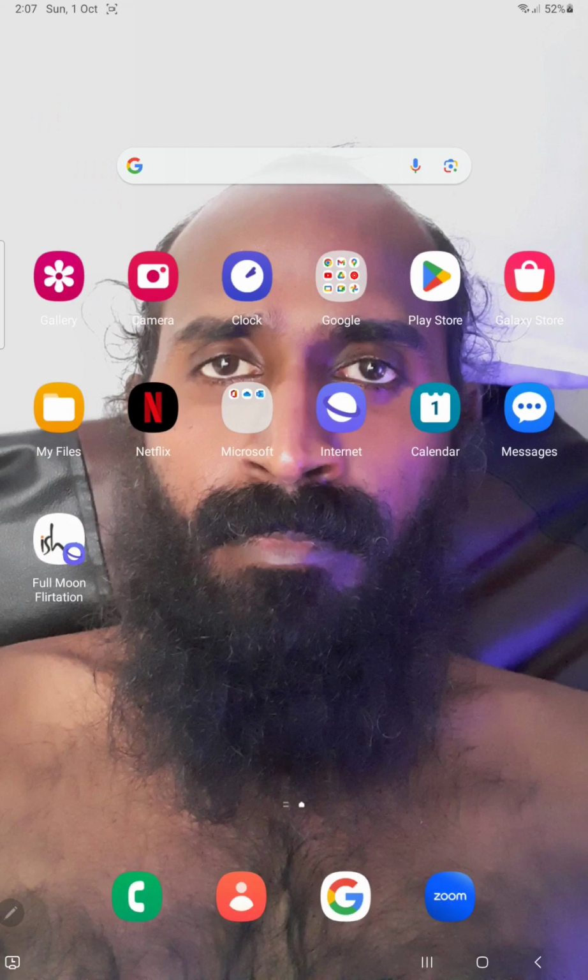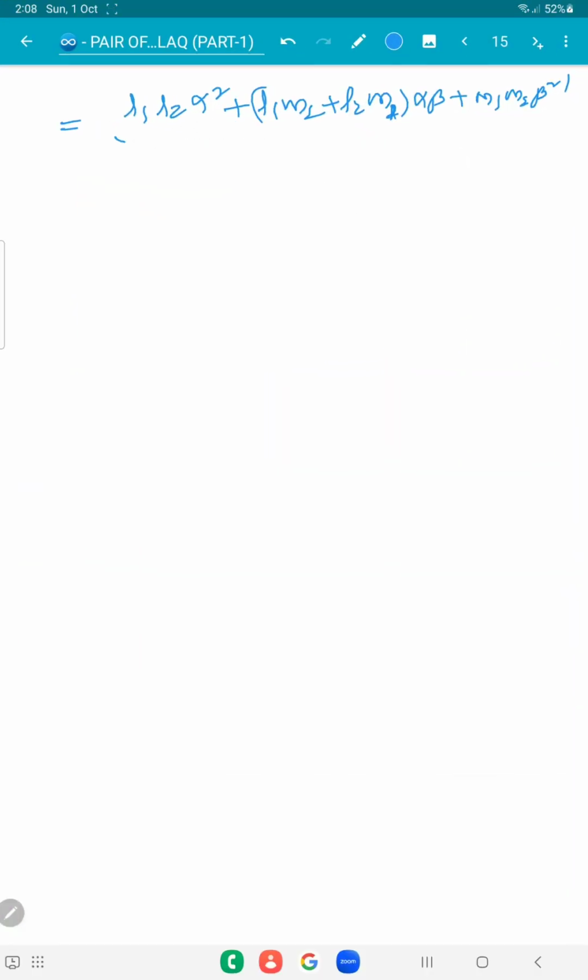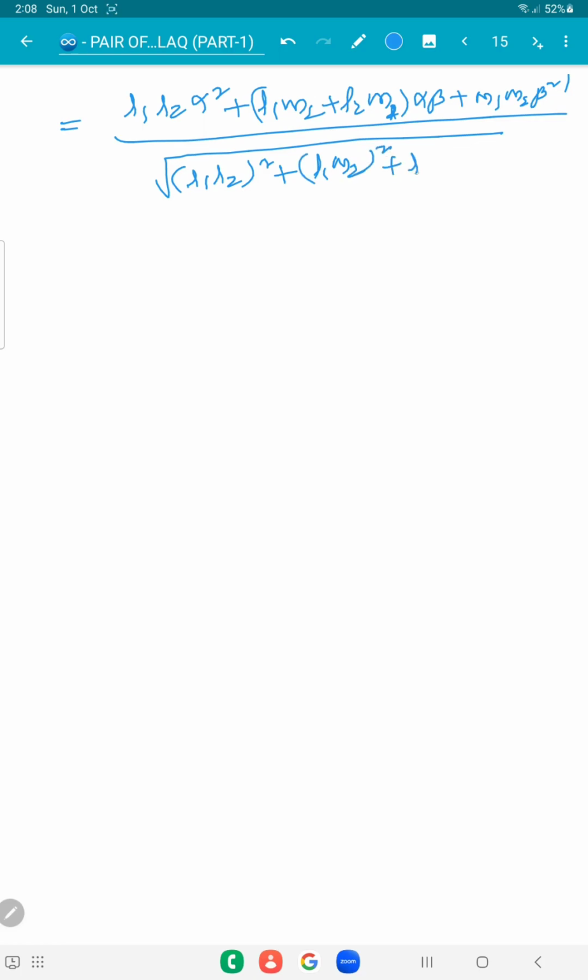The numerator becomes L1 L2 alpha square plus alpha beta term (L1 M2 plus L2 M1) plus M1 M2 beta square, modulus, by root of, writing those two terms under one square root only, multiply also: (L1 L2) whole square plus (L1 M2) square plus (L2 M1) square plus (M1 M2) whole square. So numerator is